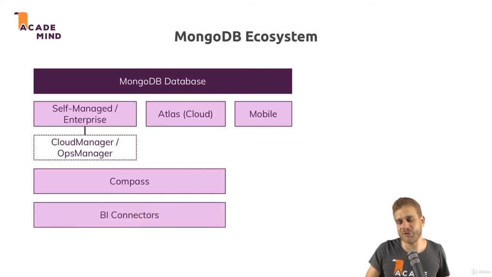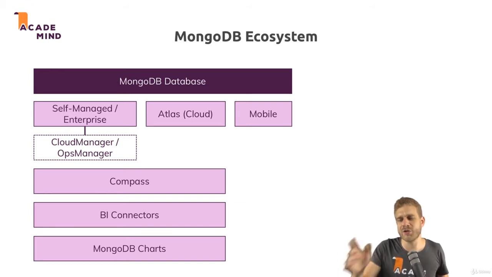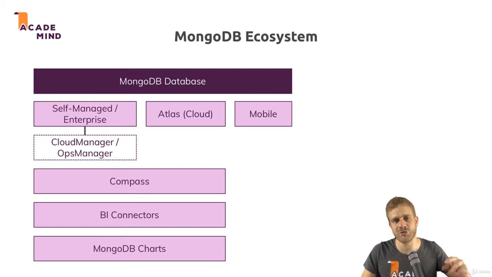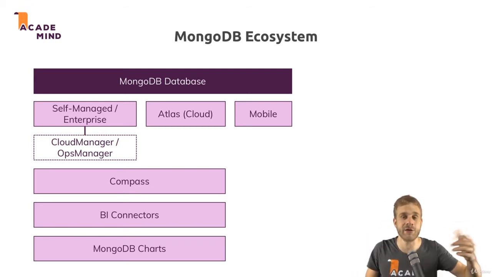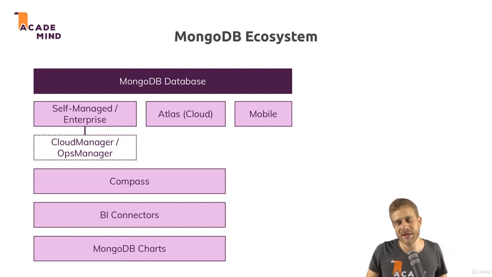And we got also some other tools like BI connectors or MongoDB Charts if you're more in the data science area. This is not really something where you will write a lot of code. These are more tools that allow you to connect different analytics tools if you need that. Now, this is the entire database world. And this is, of course, their core feature. Hence, they have a lot of products there, as you can see.